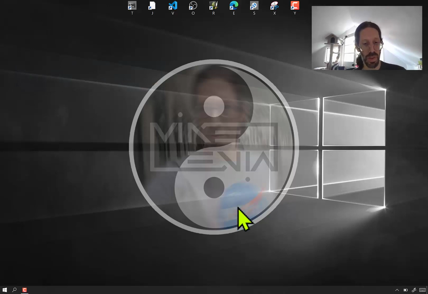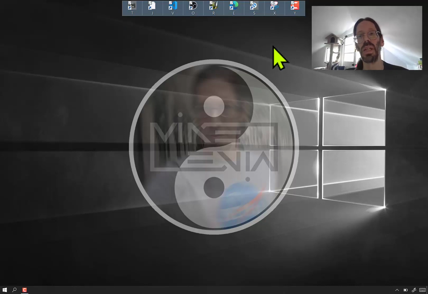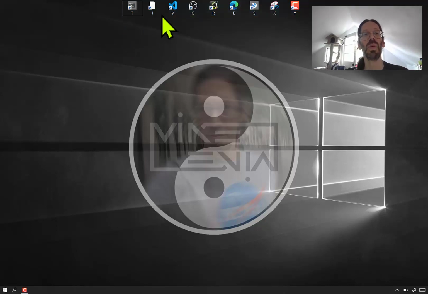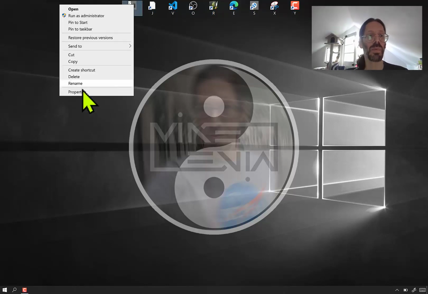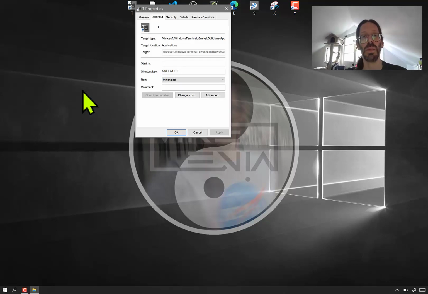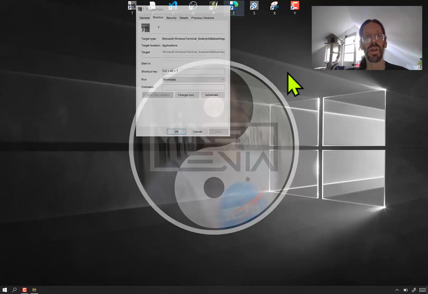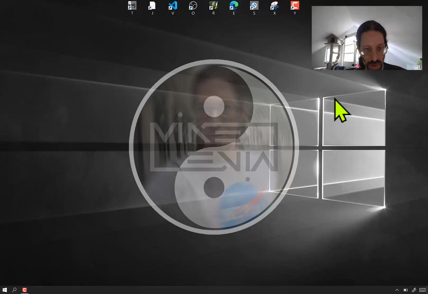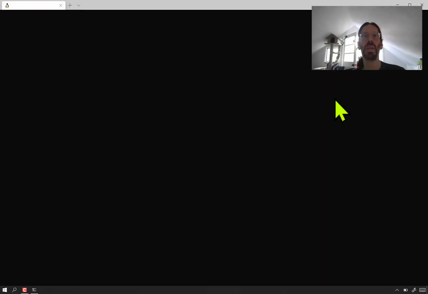So in the first one, just to hit the point home, I use my keyboard shortcut, and you'll see these icons here. They have special meaning because in Windows, when you leave an icon out on the desktop, you can give it a keyboard shortcut. And every operating system has its ways of launching apps with keyboard shortcuts. This is Windows' way. And whenever I do this, I make sure that the keyboard shortcuts for, say, bringing up a terminal, which is often built into the operating system, are at least similar across all the systems I work on. So Control-T, and we've got one of these new Windows 10